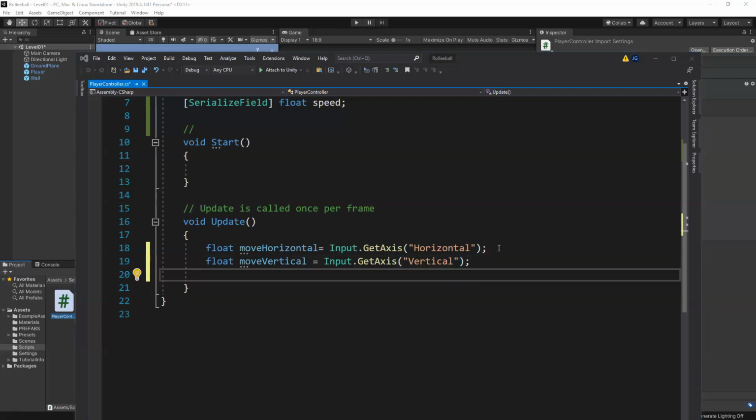Now, we have our inputs that we're getting, and we assigned them to a variable. Now we want to actually use these inputs to control our player moving, either on the X, Y, or Z axis. Alrighty, so to assign that, what that would look like